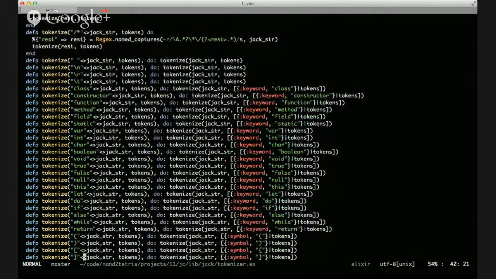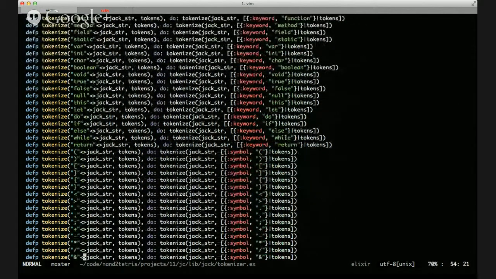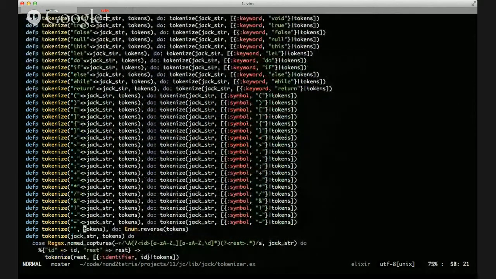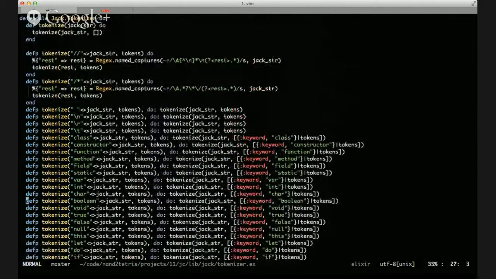basically keywords, symbols, and then finally some identifier stuff. So you can see all my keywords here. I just say, hey, if the rest of what's left in the string looks like class and something else, then